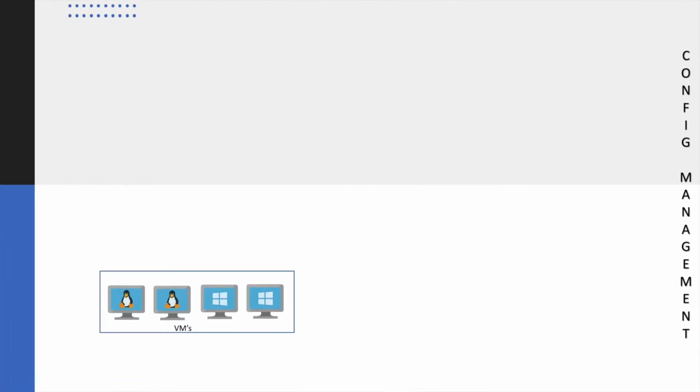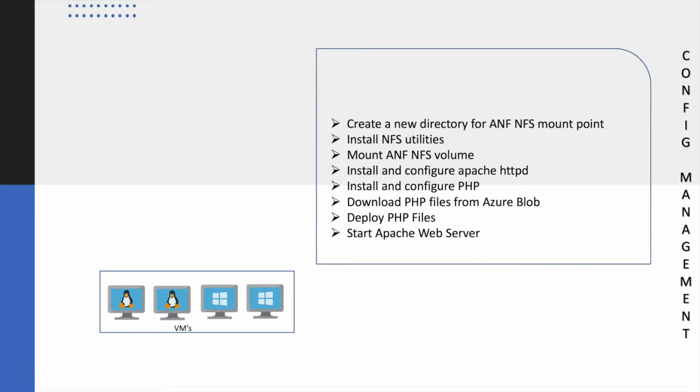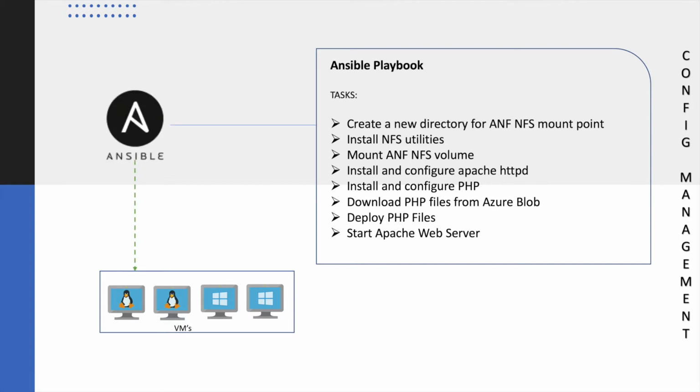Consider a scenario wherein we have a cluster of virtual machines, and say we need to configure the cluster of virtual machines as web servers. We could log into each server and configure them manually. This is time consuming and we would require a lot of manual labor. This is where we could use a tool like Ansible to automate the configuration management. The series of tasks are defined in an Ansible playbook, and these playbooks can be used to manage configuration and